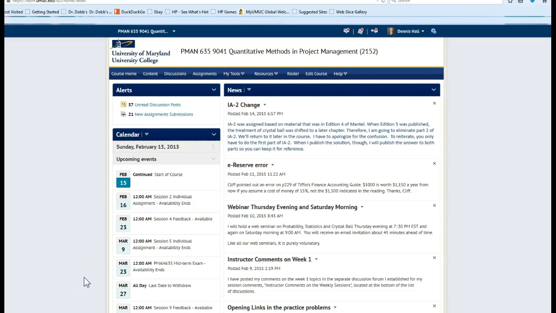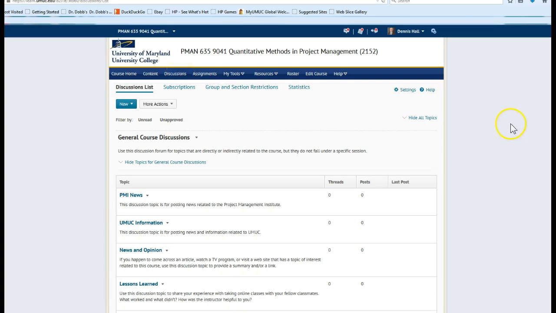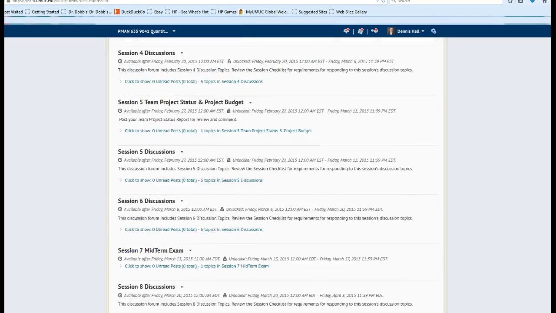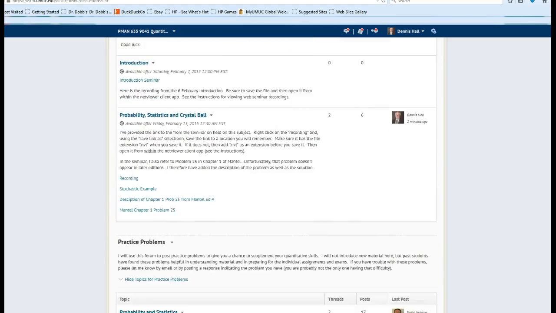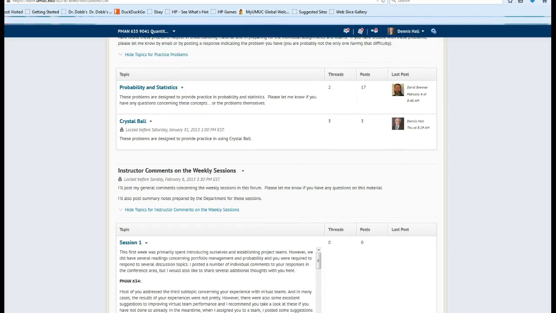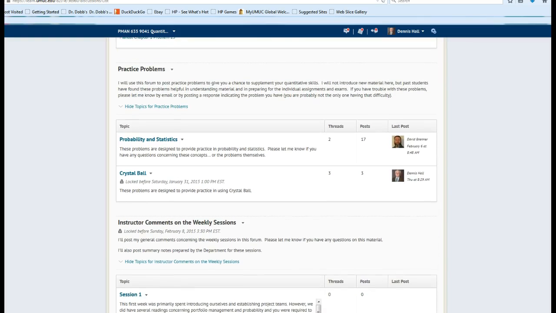I'm going to demonstrate how to open a Netviewer recording. The first thing that you have to do is go to the particular discussion where you're going to find the recording that you want to open. In this particular case, I'm going to go down the discussions list all the way towards the bottom, and I'm going to find